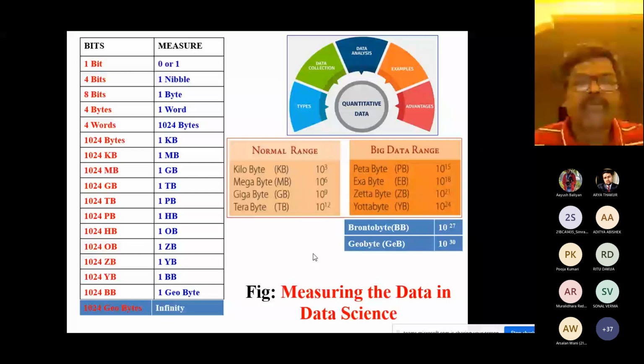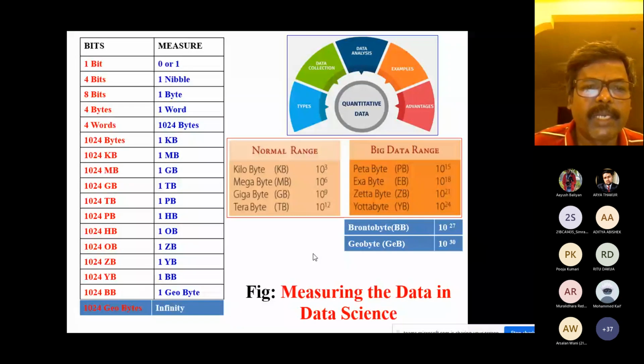So that's why 1 bit is equal to 0 or 1, 4 bits is equal to 1 nibble, 8 bits is equal to 1 byte, 4 bytes is equal to 1 word, 4 words is equal to 1024 bytes, 1024 bytes is equal to 1 kilobyte, 1024 kilobytes is equal to 1 megabyte, 1024 megabytes is equal to 1 gigabyte, 1024 gigabytes is equal to 1 terabyte, 1024 terabytes is equal to 1 petabyte, 1024 petabytes is equal to 1 hexabyte,